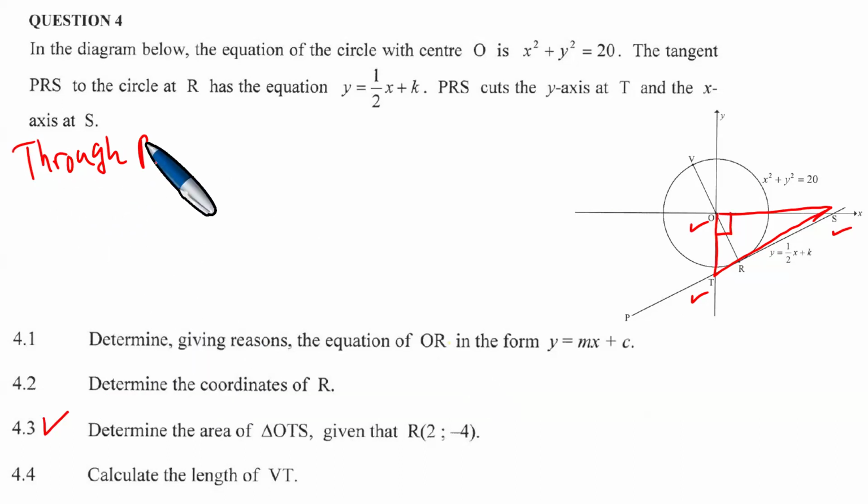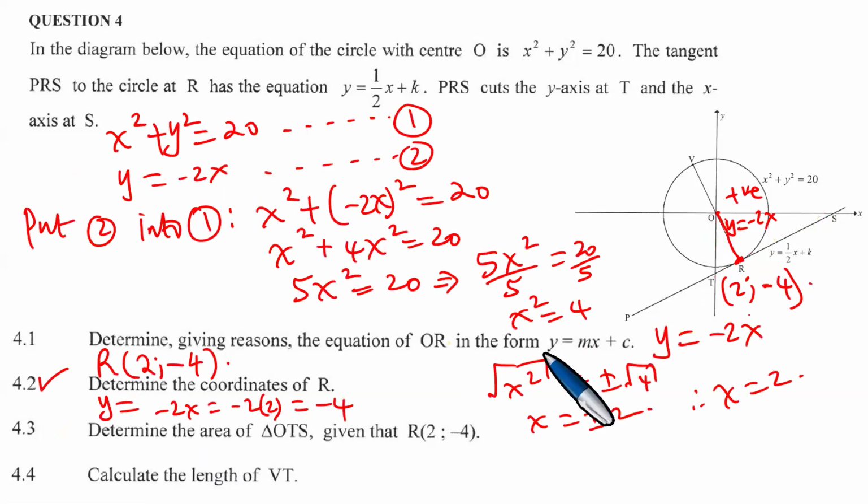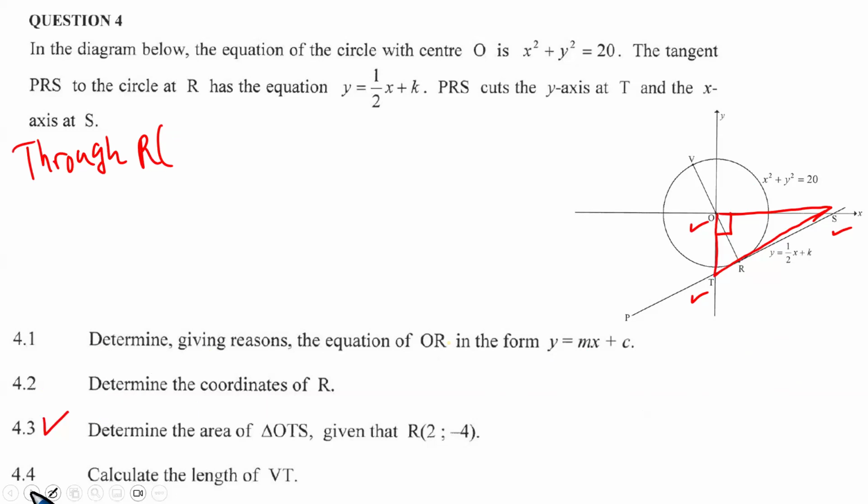Through the point R, R has the coordinates. We've seen the coordinates of R, we found them to be 2 and -4. Those are the coordinates of R, 2 and -4. So the coordinates of R are exactly 2 together with -4. Through the point R, we have the equation, which is 1/2 x plus k,